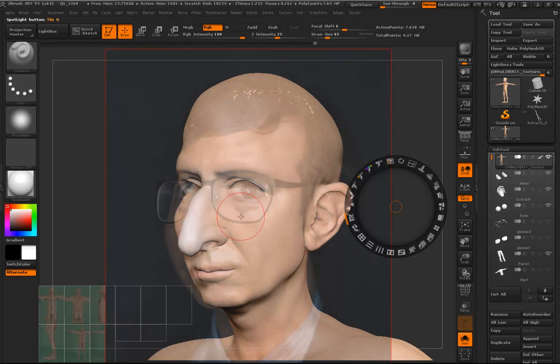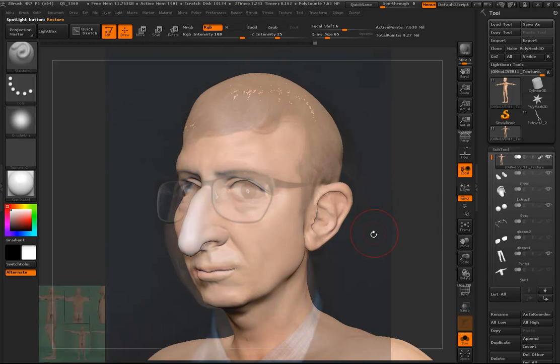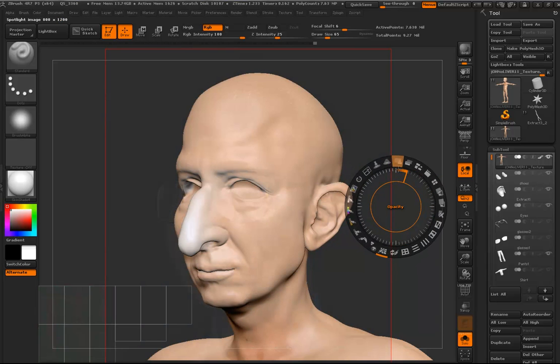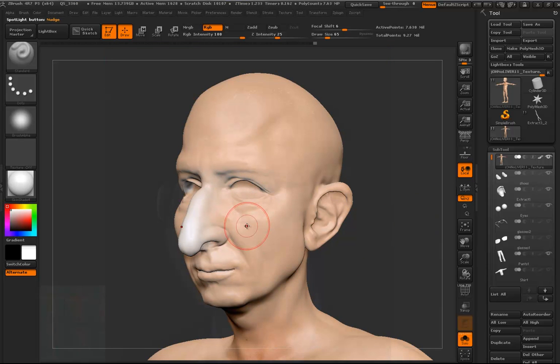And to get rid of the little tool, you hit Z. You could also, by the way, take the opacity right down, and then when you hit Z, the tool goes away. And then when you go to paint, I've got RGB on up here. I've got an alpha brush on this thing. When I go in and I just start to paint,